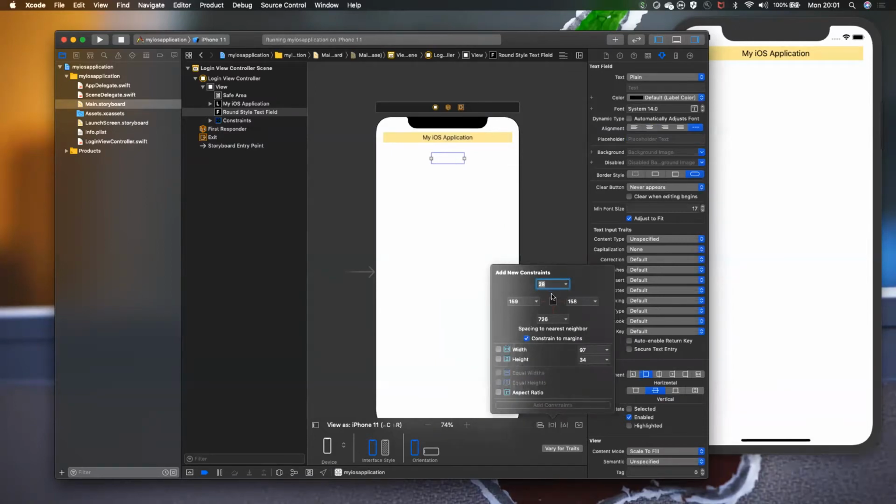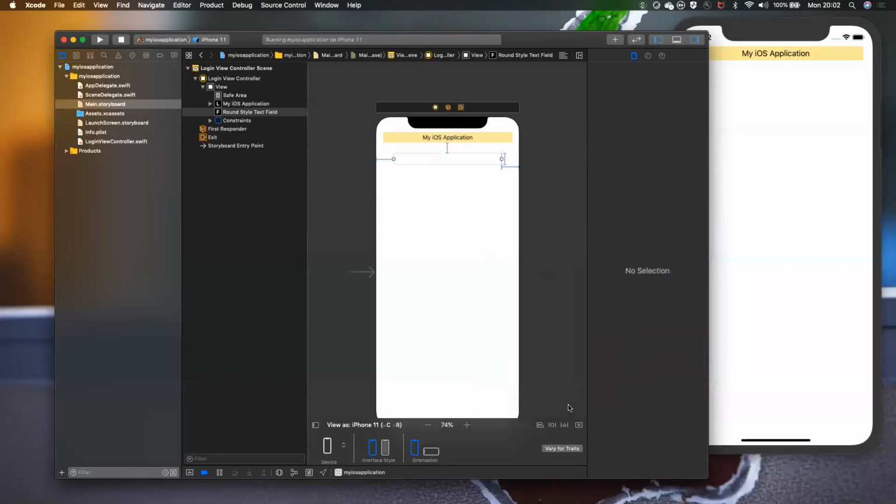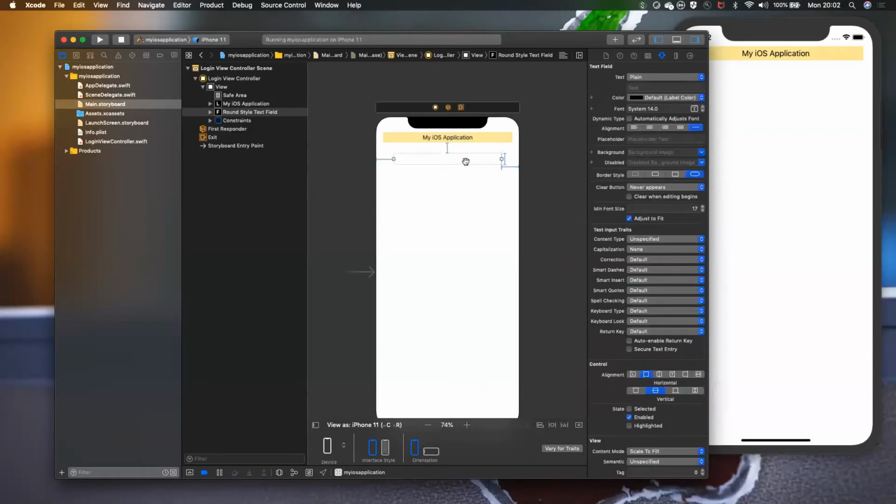From the top label, it should be 28 pixels down, so I'll just give 30. You can also set the left and right margins. I'll set it as 50 from the margin, and from the trailing end also 50. I will set the height to the default 34, and I just click on add constraints. So I can see the text field is displayed with the set constraints.